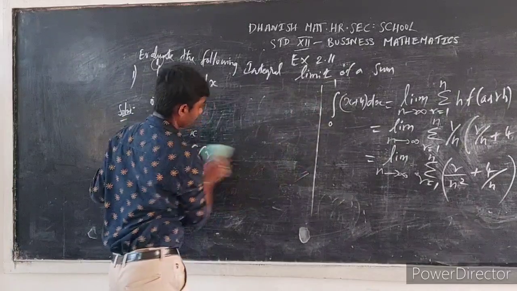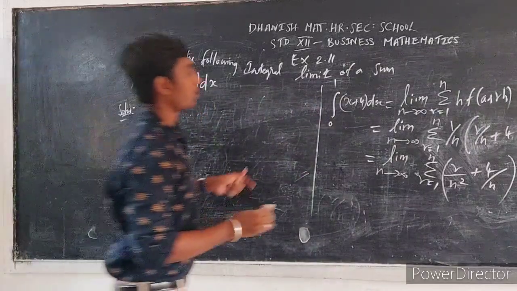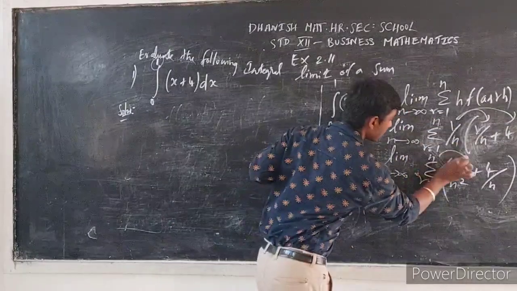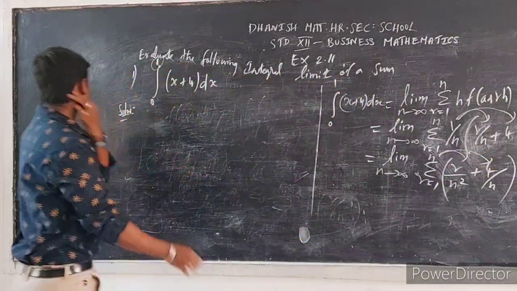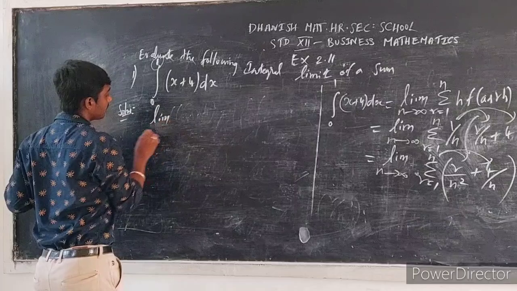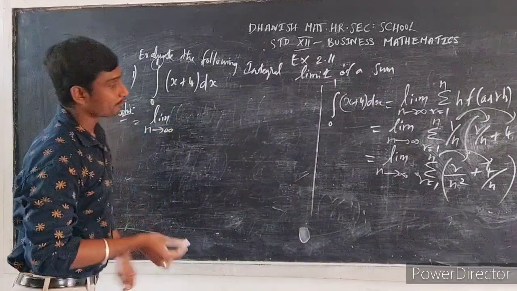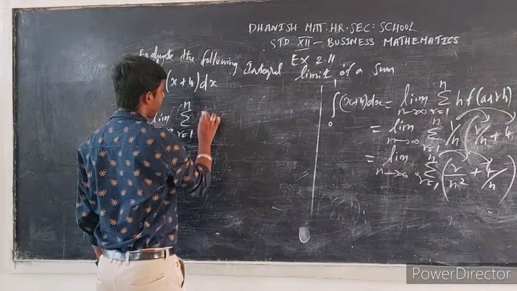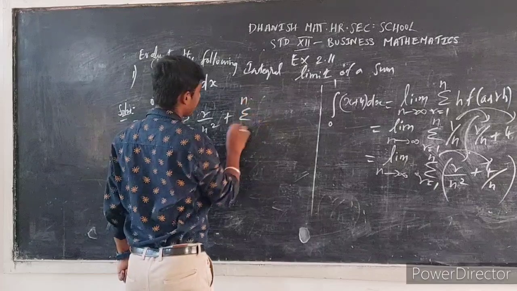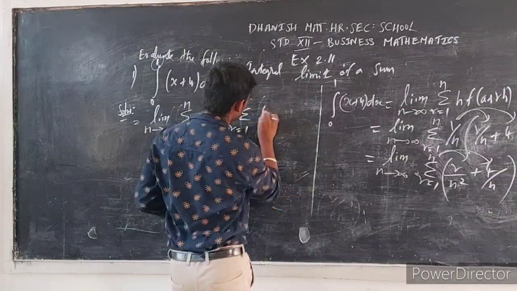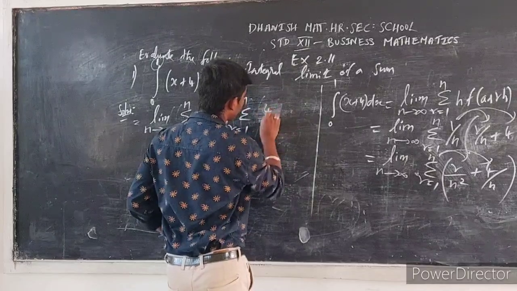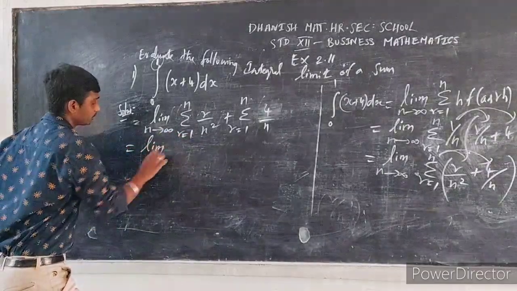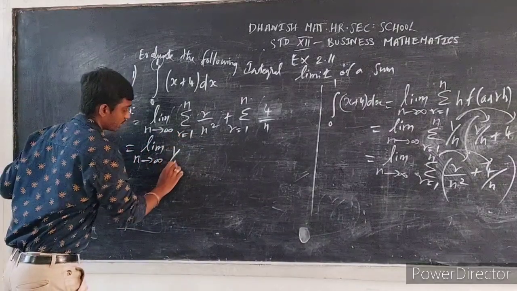Next step. First we are multiplying this 1 by n into these both terms. Next we are going to multiply this summation into both terms. Let's write limit n tends to infinity, summation r equal to 1 to n. First we multiply this one, r divided by n square, plus summation r equal to 1 to n, that will be 4 divided by n. Let's take common 1 by n square from this summation.